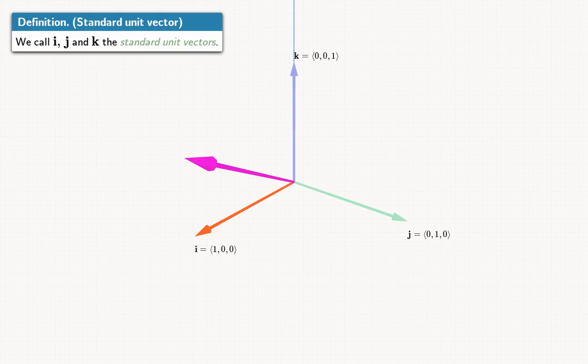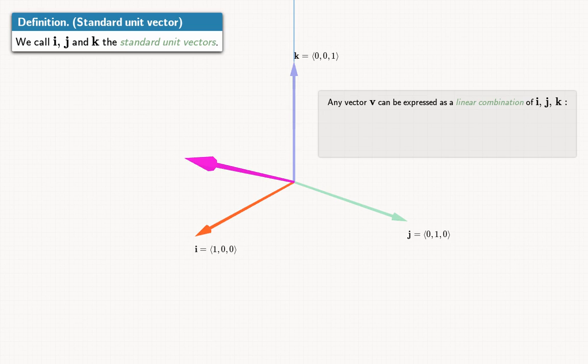And a key property is that every vector in 3D space can be expressed as a linear combination of these vectors. So linear combination means anything you can get starting with just those vectors and adding in scaling. So for instance, if you just took i and j but not k, then the xy plane is everything you could get as a linear combination of those two.